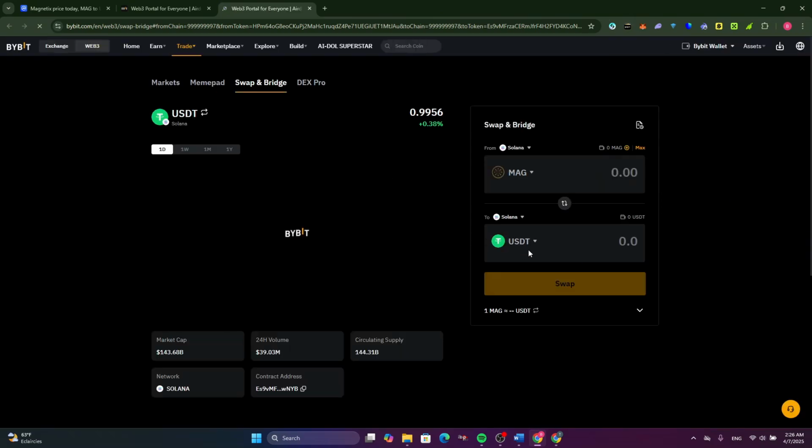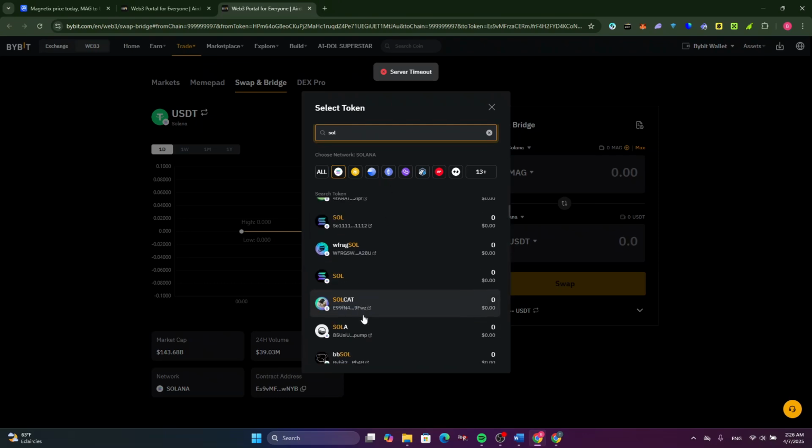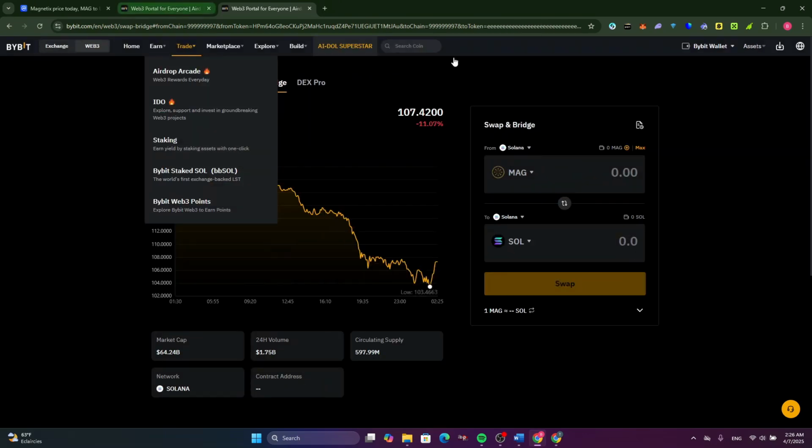So how to do that? Now just click here and select the Solana as a network. Now in the search bar, search for the Sol. So after you find your token, just click on it. In this case, it will be Solana. Click on Sol. So after you convert your MEXC to Solana, now we can send our Solana to Phantom wallet